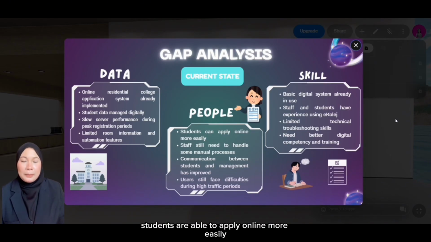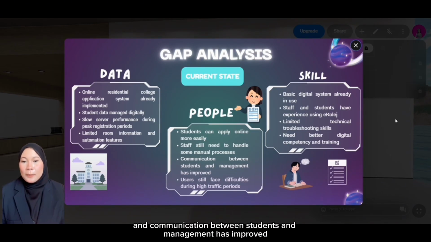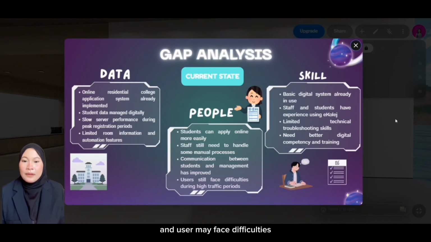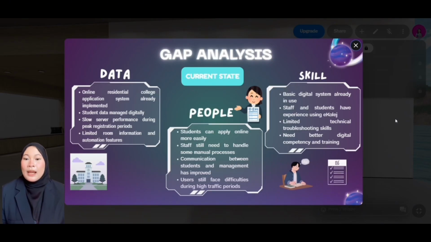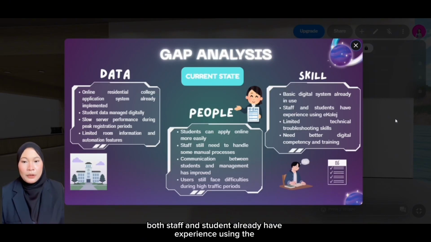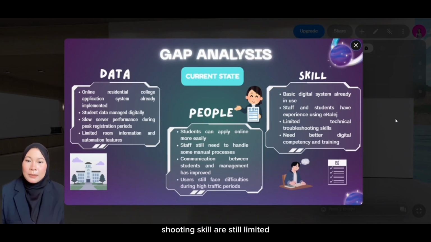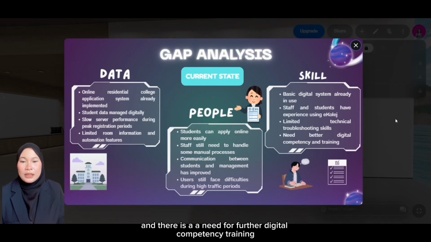Students are able to apply online more easily and communication between student and management has improved. However, some processes are still handled manually by staff and users may face difficulties when the system experiences high traffic. Lastly, under skill, both staff and students already have experience using the e-college system. Despite this, technical troubleshooting skills are still limited and there is a need for further digital competency training to ensure